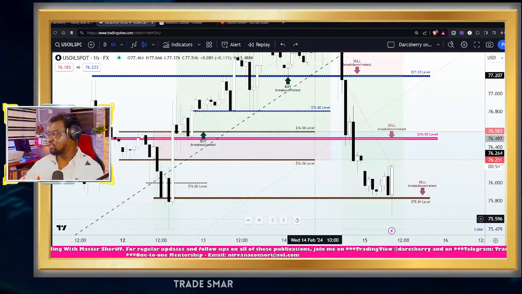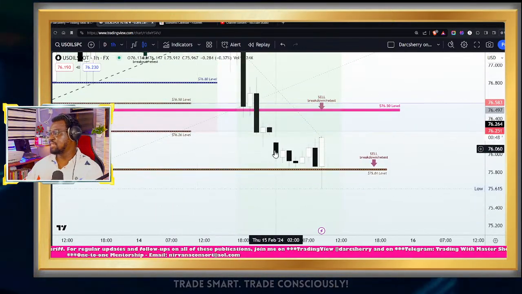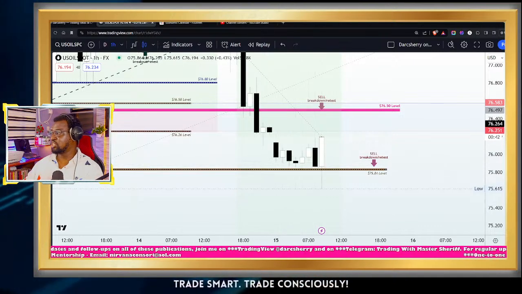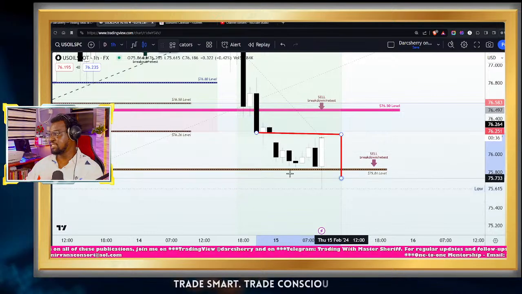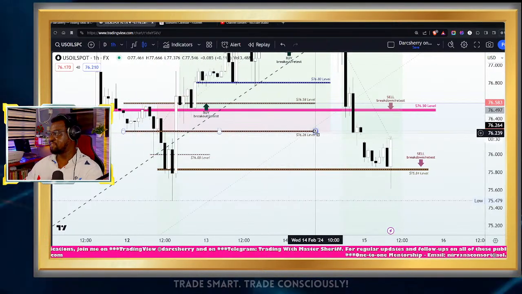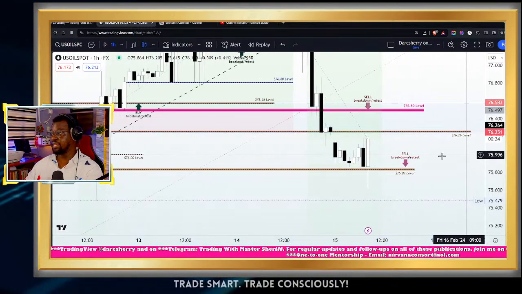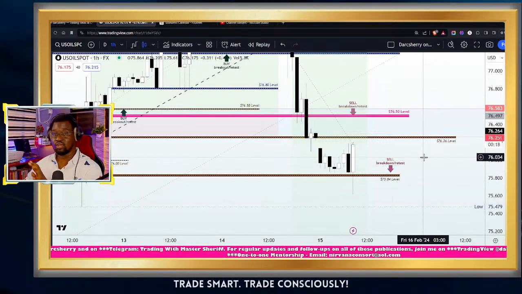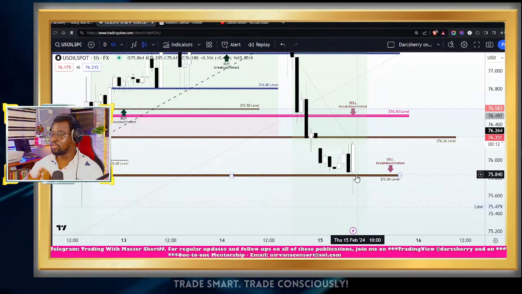Now, looking at things from a technical standpoint, let me zoom right into the current structure. You will see that in the last eight candles, price action has been more or less range bound, to further emphasize the uncertainty going on in this market at this point. Now, one thing I would also like to emphasize here is the fact that price is trading below the support line of that range we identified at the beginning of the week, and of course below the key level at the $76.50 area.